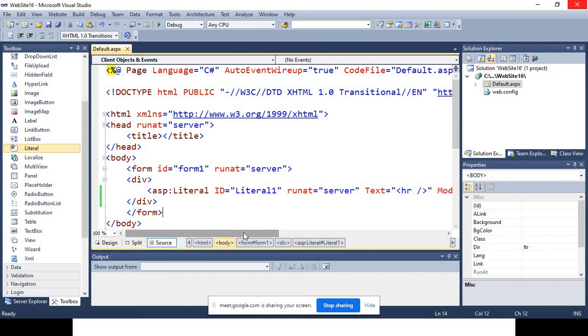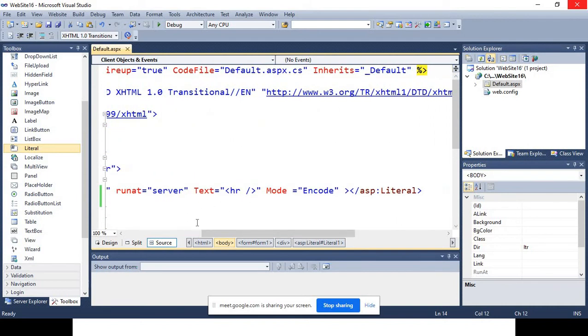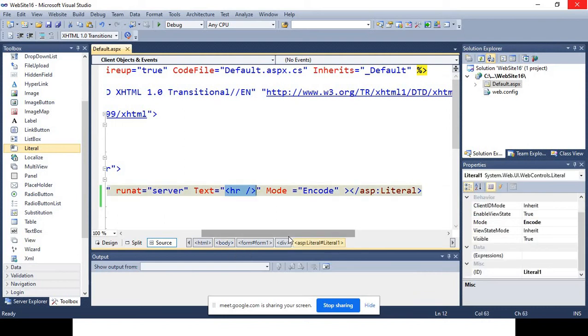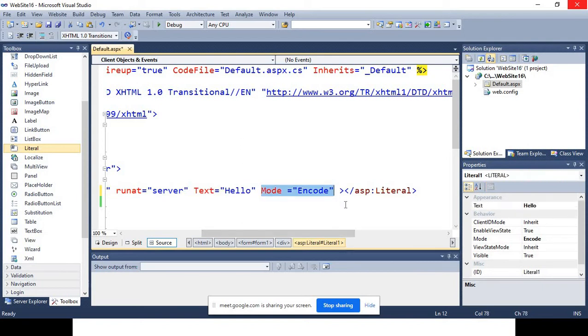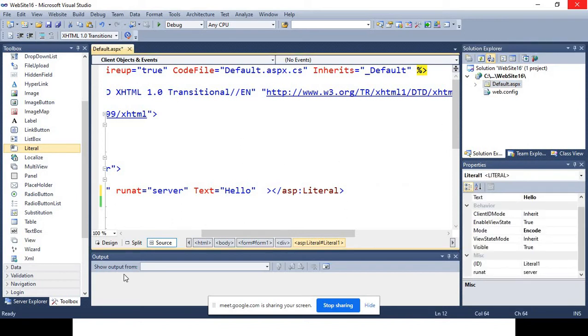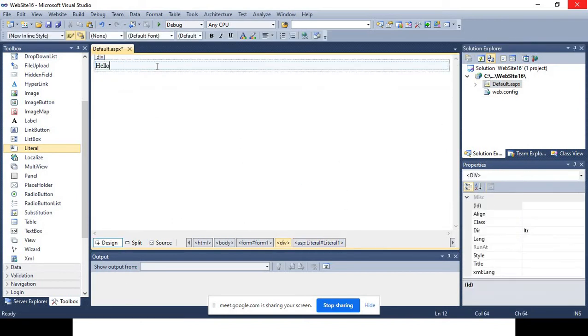How is it done? Let me erase all this. Just the text we are writing, say hello, and this mode property I'm just removing. Now what we are doing is, after this literal control, I'm just putting a button.